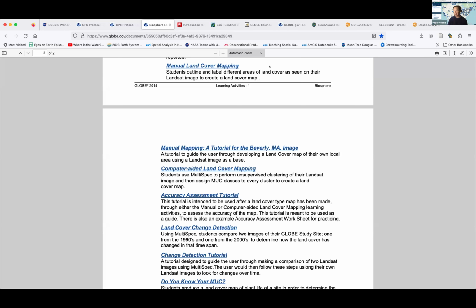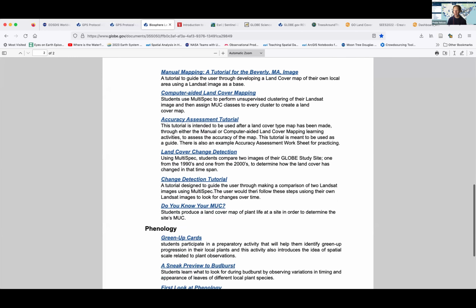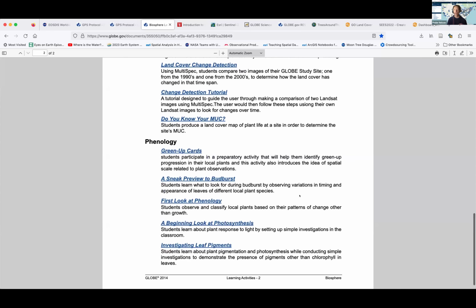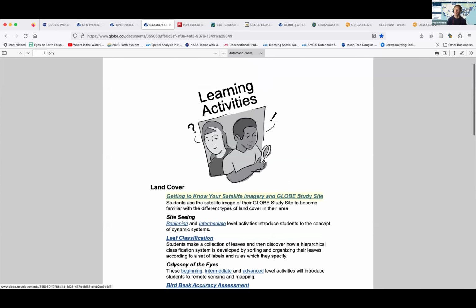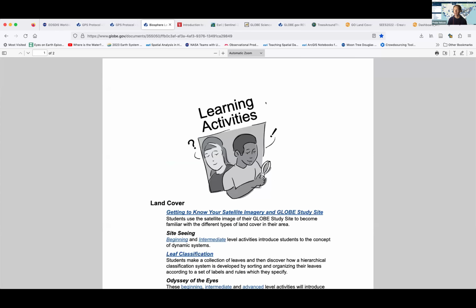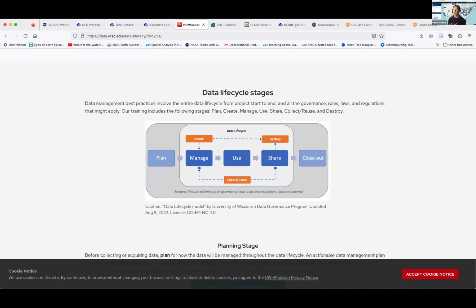And so you might actually just skip over making your own map and go to this accuracy assessment. But again, the only reason we know your data might be worthwhile, might be good, is first understanding that location. So I want to really stress that there are a lot of activities available, described in this biosphere set of learning activities. Okay. And I want to stress very much that our collection here is historical and also for current use.